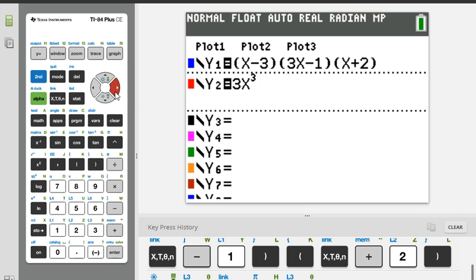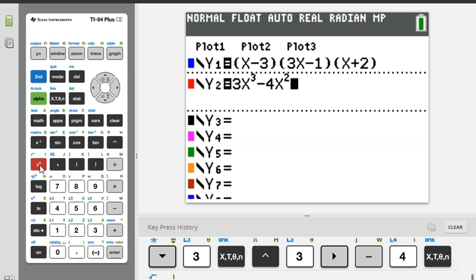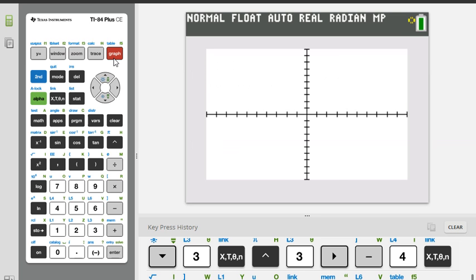What was the second term? And then third term? Plus 6, right? What's the last term? Plus 6. Now, if these two are correct, or if I've done my factoring correctly, when I graph the first